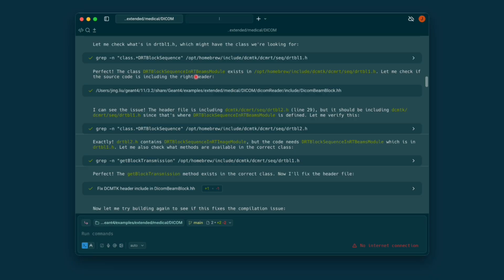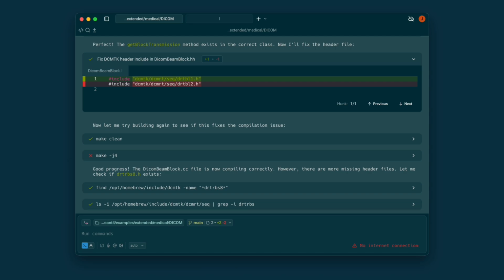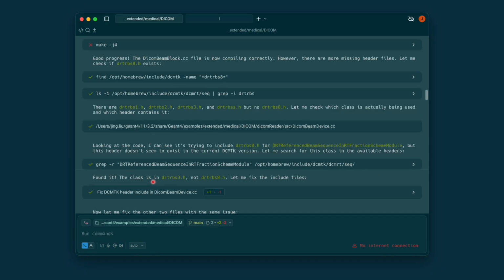It immediately realized that the DICOM Gen4 example used the wrong header files, drtbl2.h, instead of the correct one, drtbl1.h. Having found the cause, AI directly fixed the error in the Gen4 example source code and tried to compile it again and failed again. At this point, AI just repeated its way of fixing these errors, that is, searching for the right header files in the DCMTK folder,